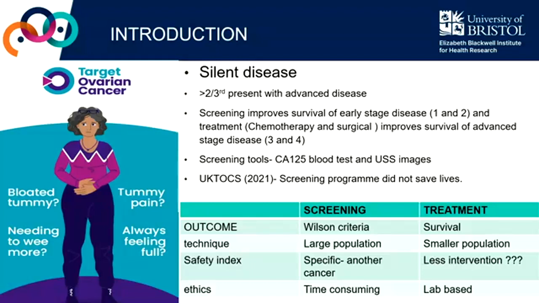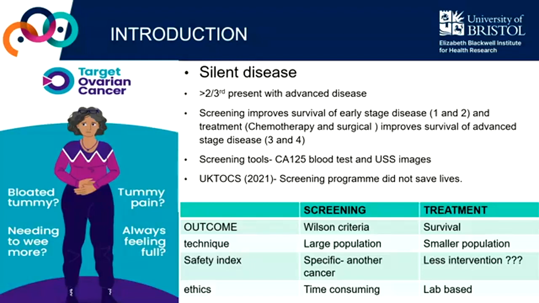So why is this a problem in ovarian cancer? What is so special about this? The most important thing is the Wilson's criteria. Any screening program will have to fit into those 5 Wilson's criteria. Sadly, ovarian cancer does not fit because we do not know a pre-cancer lesion. There is no established or well-researched guidance on a pre-cancer condition in ovarian cancer. That is the most significant diagnostic challenge.